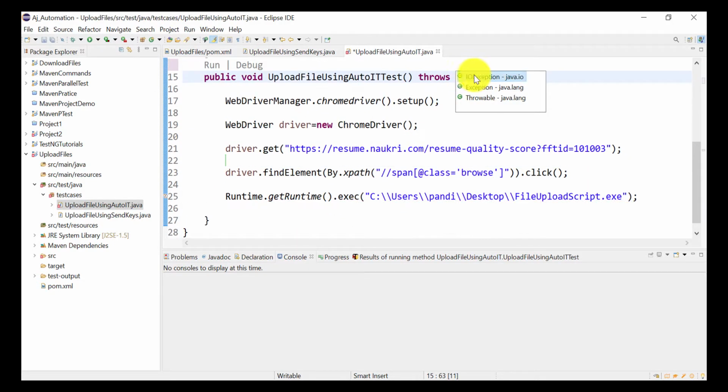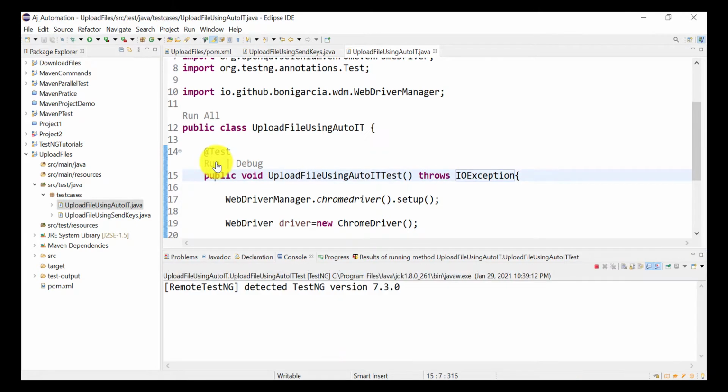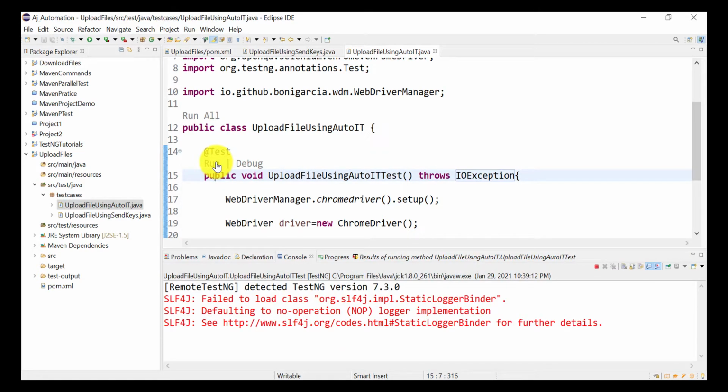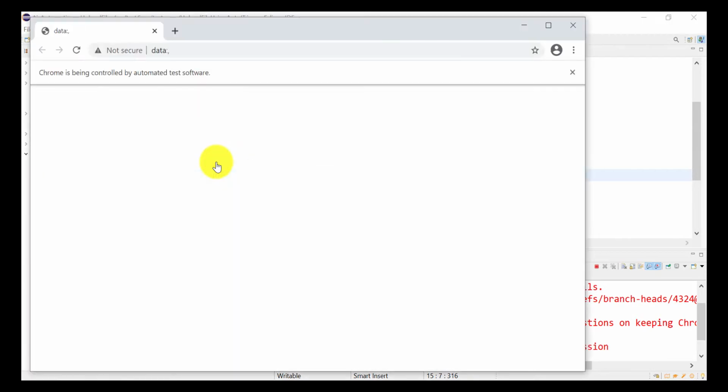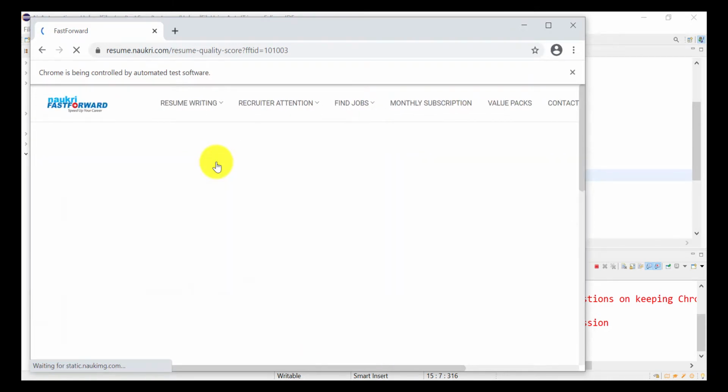So throws IOException. Let's save it and run it. The first step is done.